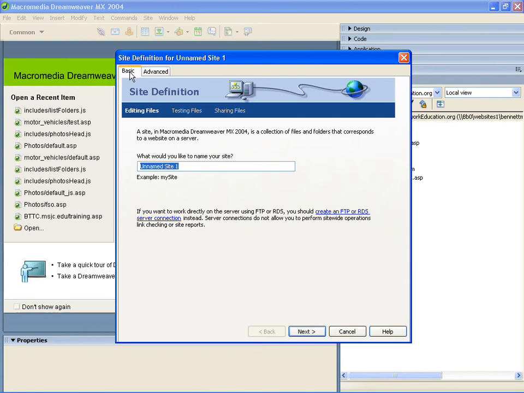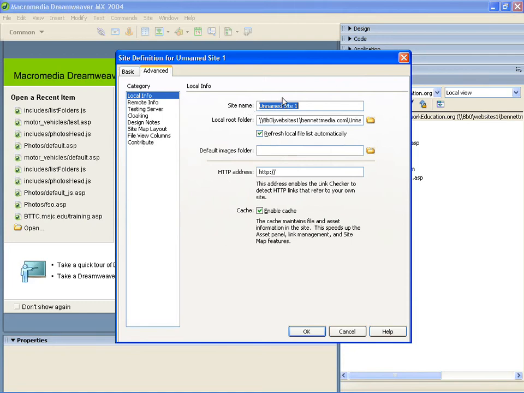Now, you may be in the Basic view at this point. If so, just click over to the Advanced tab. The Basic view is a wizard. It takes you through. You get the same end result, just a different way of getting there. I just find it's quicker, more efficient to type it in right here on the Advanced tab. Let's call our site. Let's give it a name. Let's go My